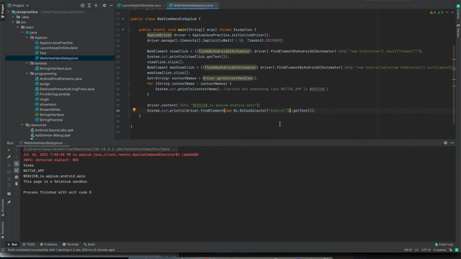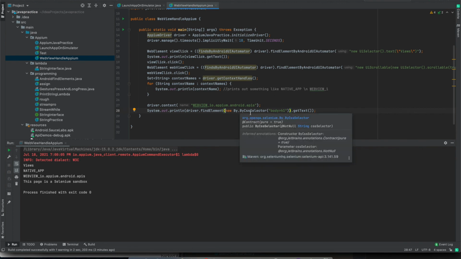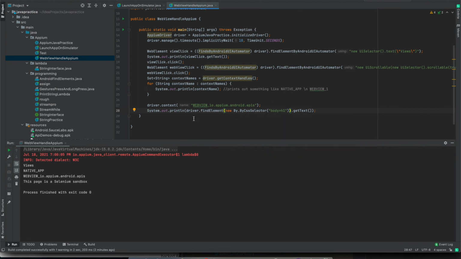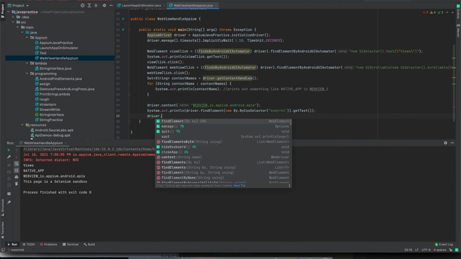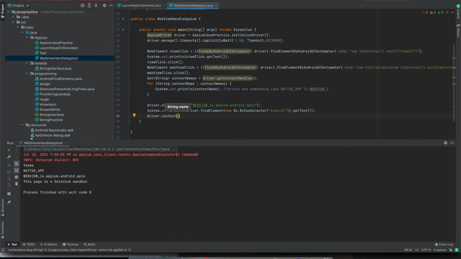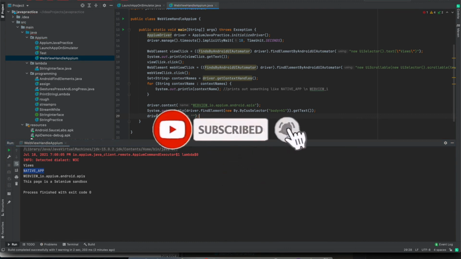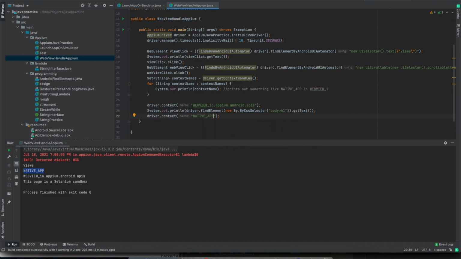Once you have performed any actions or whatever you wanted to do in the web view, you should also change the context so that you are returning back to the native view. For that, you can just write driver dot context, and as we know, the native context is native app, we can just write it here, and our context will change to native app.